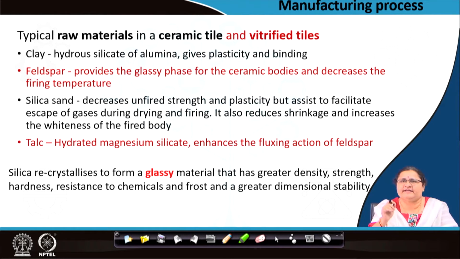So the basic material, which is the clay or clay with other things, gives the vitrified tile. I am discussing vitrified tile together because the process of making is the same, only the ingredients are different. As you see, clay is the hydrous silicate of alumina, which gives plasticity and bonding,